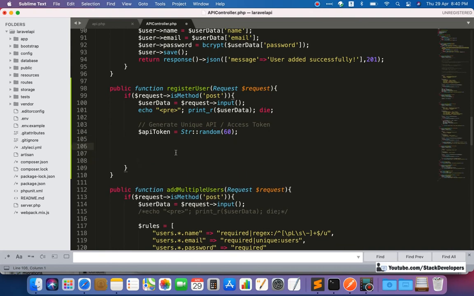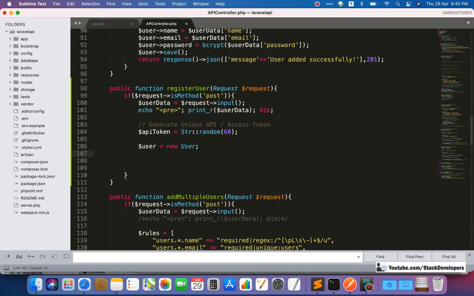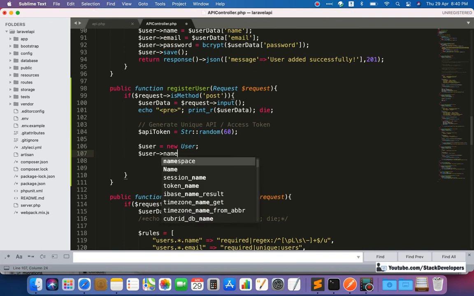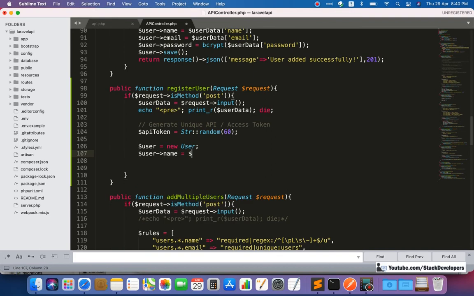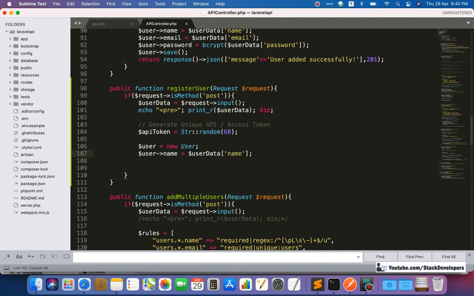After that we are going to register the user along with the API token, and we know how to save the data. We will get $user equal to new User, the user model we are having. Then $user name, $user data name we will get from the app.